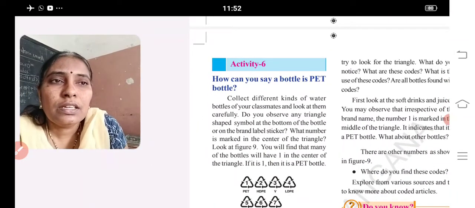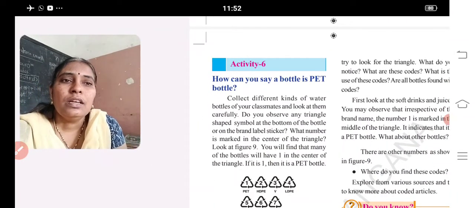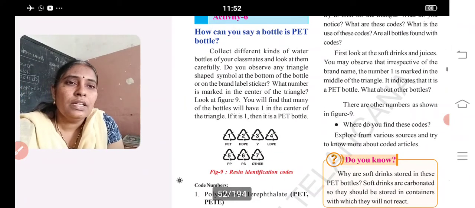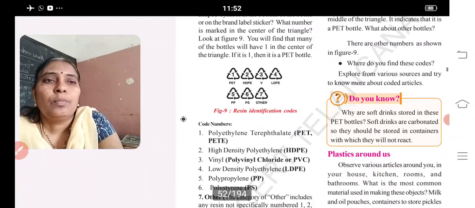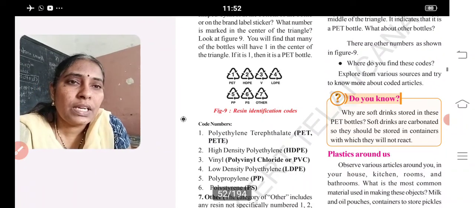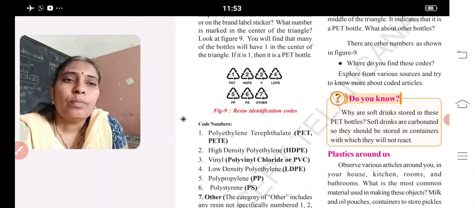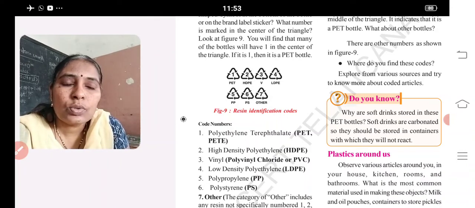How can we say that a bottle is PET? We have 7 recycling symbols, recycling code 1, that is PET, polyethylene terephthalate, and HDPE, high density polyethylene, PVC, polyvinyl chloride, and LDPE, low density polyethylene, PP, polypropylene, PS, polystyrene. So these are the 7